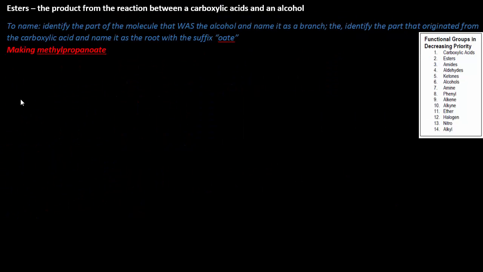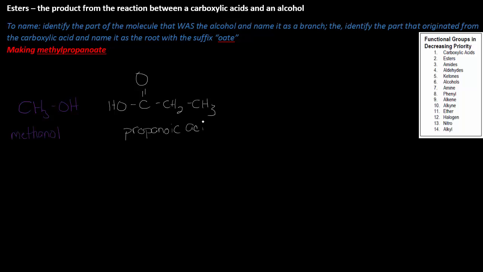Okay, so now how would we make this? All right, I've talked about the part that comes from an acid and the part that comes from an alcohol. So I'm going to illustrate the reaction now. I'll try to do this and label as much as I can. So this is methanol, so a 1 carbon chain with an OH group. So meth for 1 carbon and -ol for the alcohol, so that's methanol. Now let's draw a 3 carbon chain with a carboxylic acid. So this would be propanoic acid. All right, propan for 3 carbons and -oic acid for the